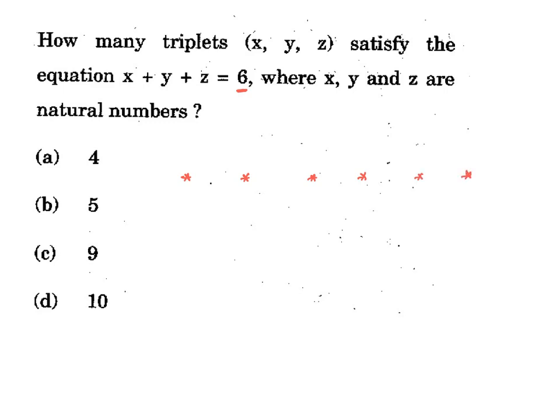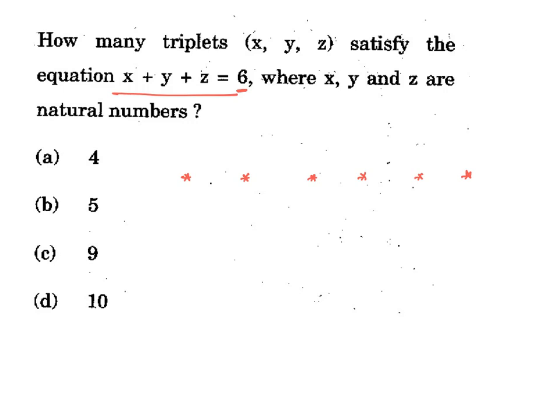And see, you need 3 parts. In order to make 3 parts, I have to divide these 6 stars by using 2 bars. So suppose like this one and this one. This is one solution, like 1, 2, 3. This is a possible value of x, y, z. And suppose if I put the 2 bars here, it is 2, 1, 3. This is another solution.